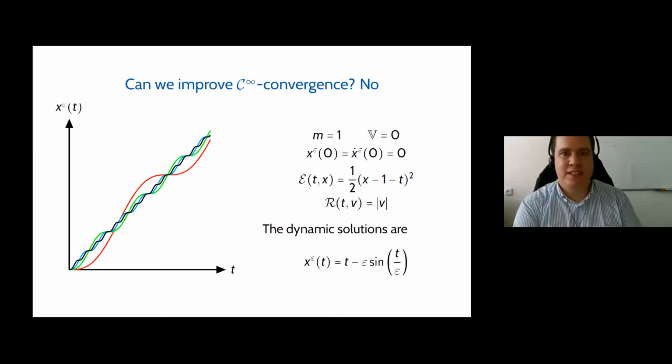Okay, can we improve infinity convergence? No. One can build a very simple 1D problem where the dynamic solution has the structure you see below on the right. This is basically the classical example of uniform convergence with no convergence of the derivative. And you see in the picture that you have this relation that scales homothetically. You converge in infinity to the bisectrix of the quadrant, but you cannot get anything more than infinity convergence.